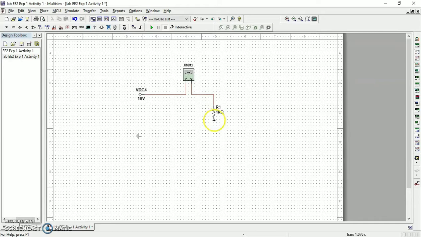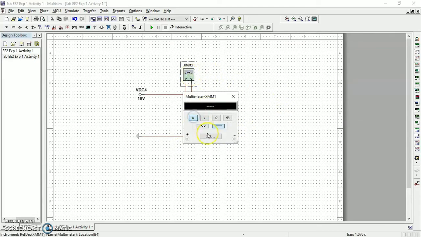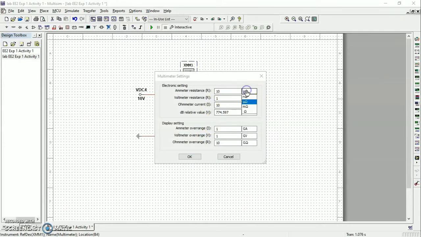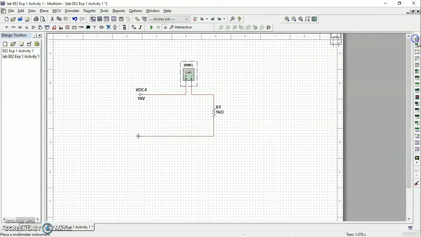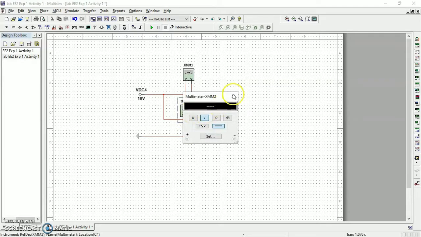We connect the resistance to the multimeter that represents the ammeter, and we put the same internal resistance, 15.5 ohm, and we put another multimeter to measure voltage,